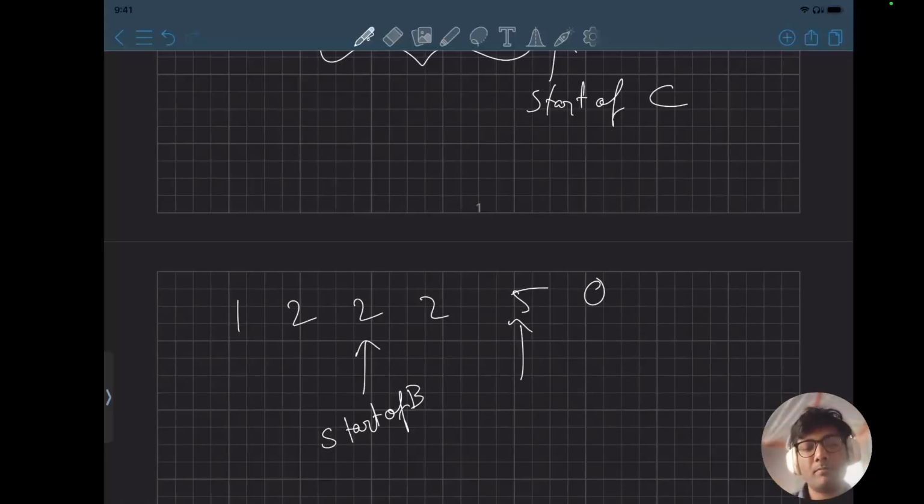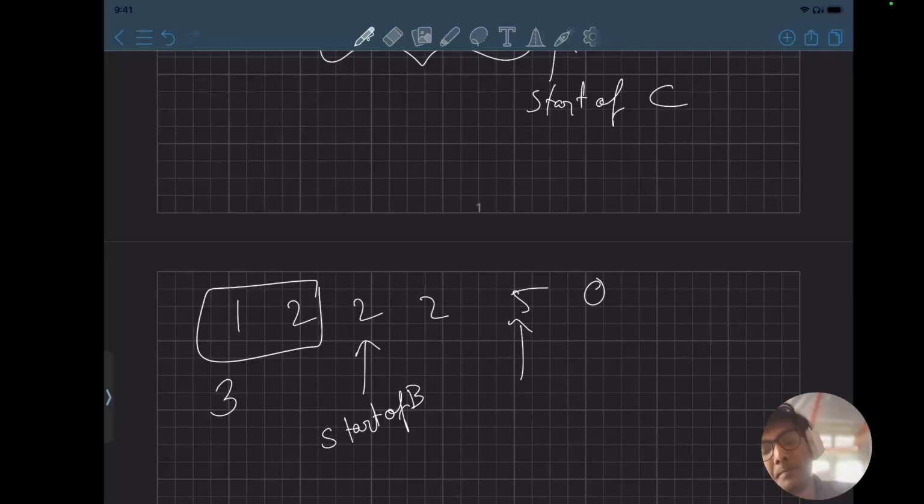So this can be a start of B because this sum is still less. Now I have to find, I think I can find it based on this sum. So this sum is 3. So maybe if I select this to be the start,